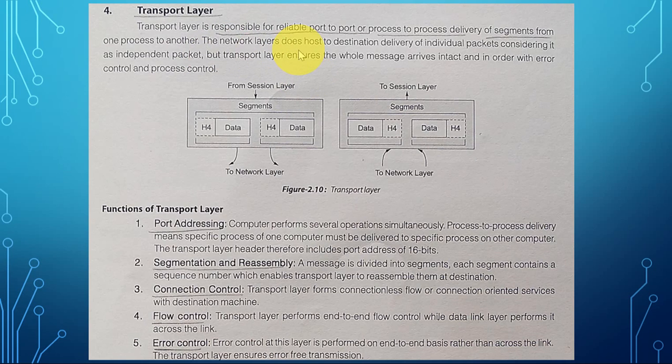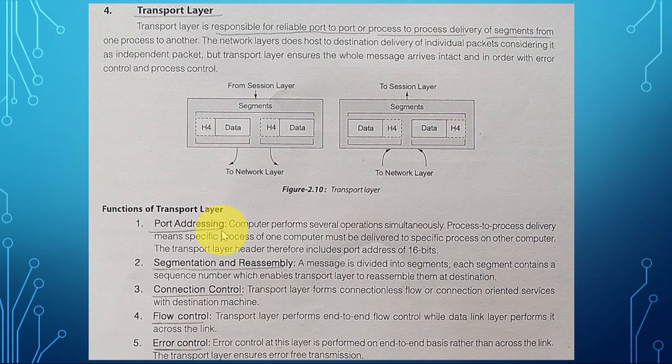The network layer does not handle host to destination delivery of the individual packets as a whole, considering each as an independent packet, but the transport layer ensures the whole message arrives intact and in order, with error control and process control. The functions of the transport layer are port addressing, segmentation and reassembly, connection control, flow control and error control.